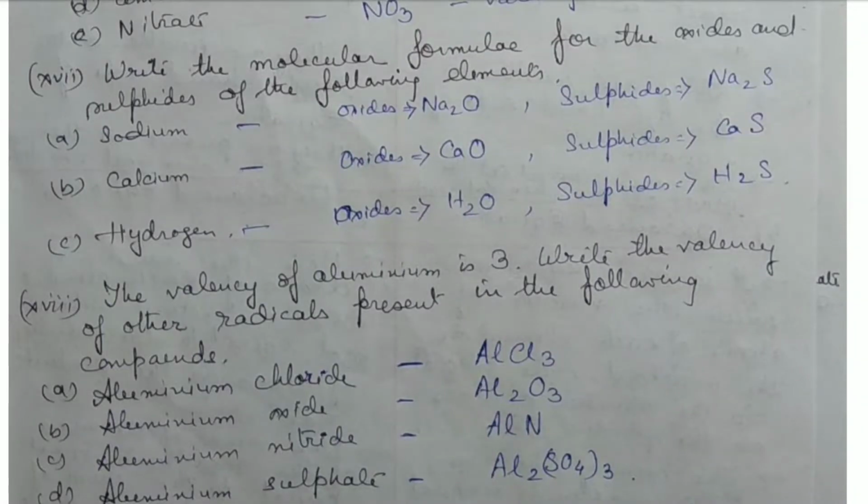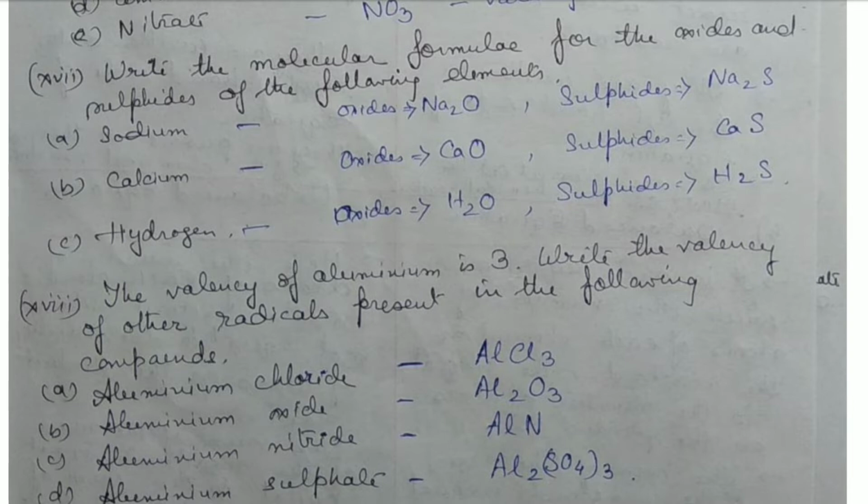Today I am going to continue with the discussion of the question answer series of language of chemistry. Okay, so today the first question is: write the molecular formula for the oxides and sulfides of the following elements. Sodium, with oxide, it will form sodium oxide. Okay, so Na2O, and sodium sulfide, the formula is Na2S, because sodium has a valency 1, oxygen has a